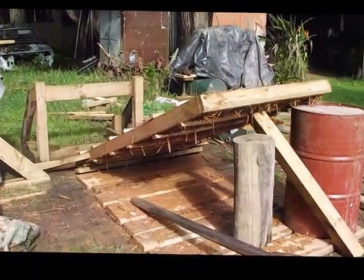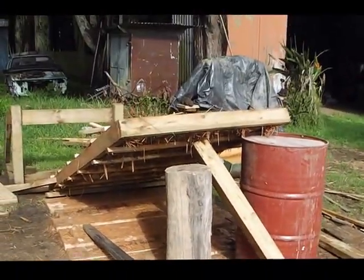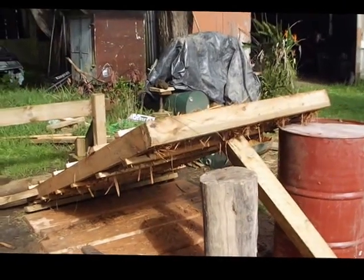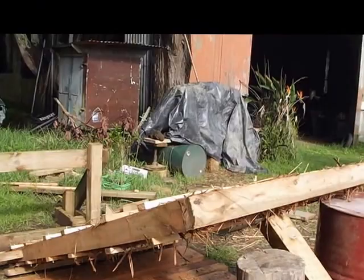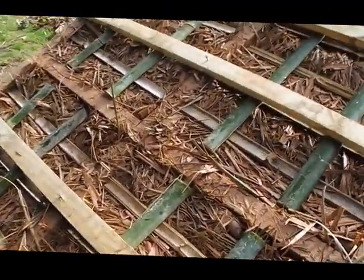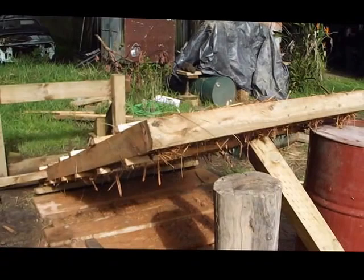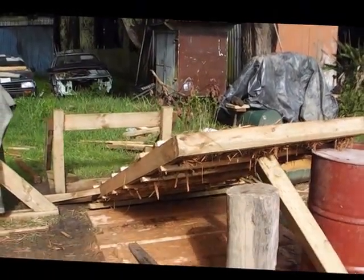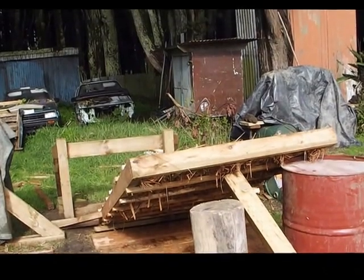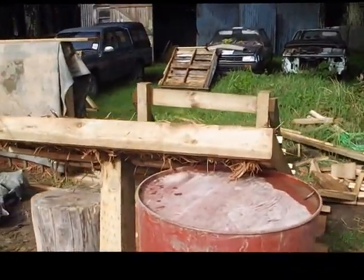Okay, good morning YouTubers. So yesterday afternoon, using long hardwood poles and blocks, I managed to get this off the ground. You know, we're dealing with quite a heavy infilled frame here, and I have to be really careful about how I approach this. I didn't want to drop it on top of me and do some damage to my body and end up trapped under there. It's not like the other small test panels that I've been doing, which I can easily lift up by myself. So we really need a good block and tackle, chain winch or something like this to do this job, with some scaffolding and gear,